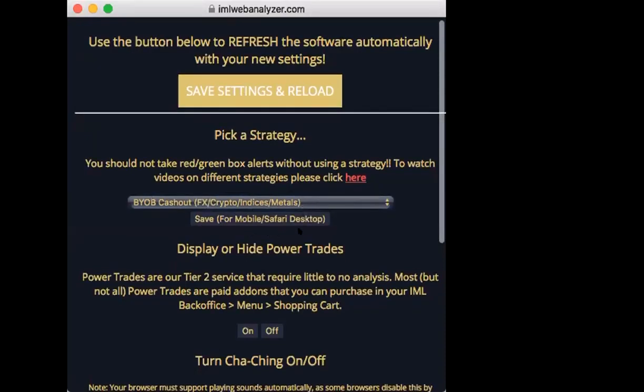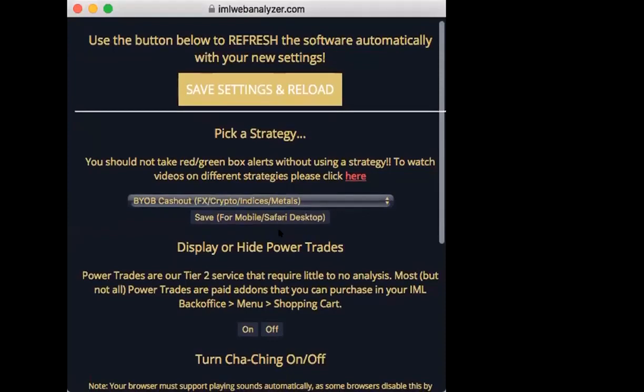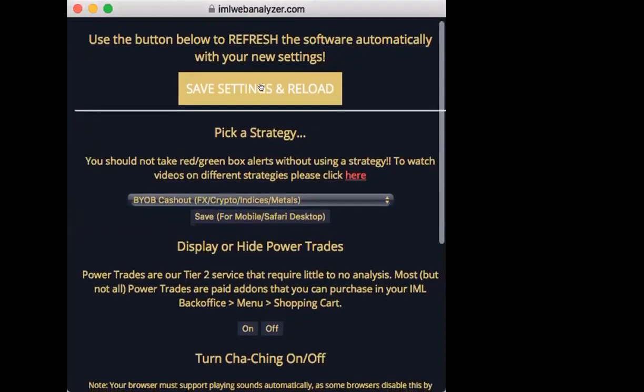Now, this is the main setting. This is just something you can't get around. If you have a Safari or you're on your desktop, you have to click that. And that doesn't save it permanently, that saves it for the settings. Then you have to come save settings and reload. So when you save the settings and you reload, you now end up,